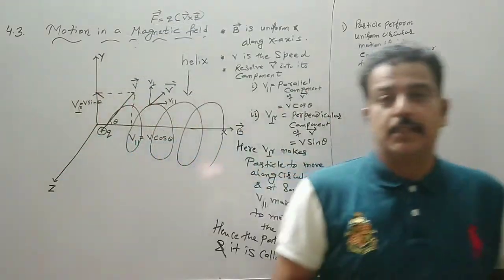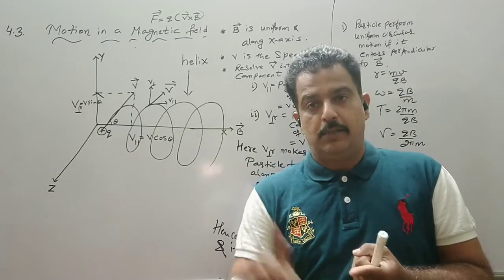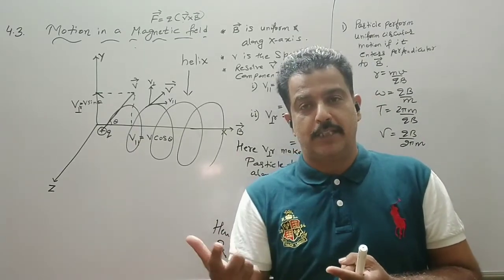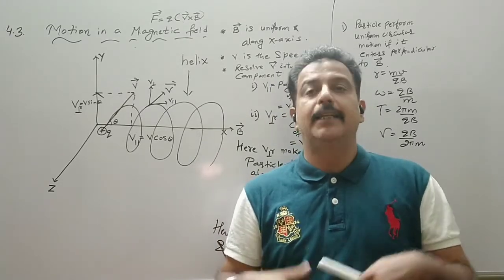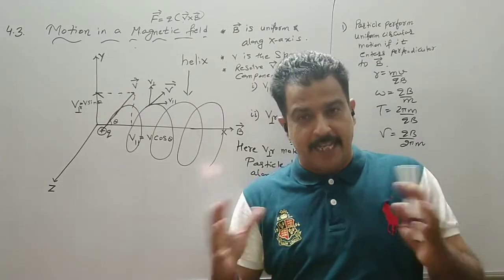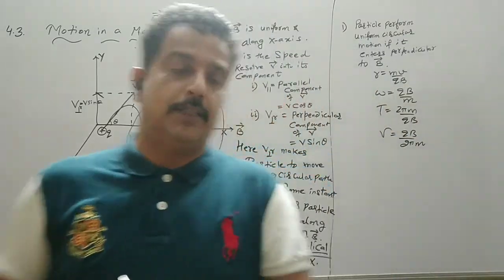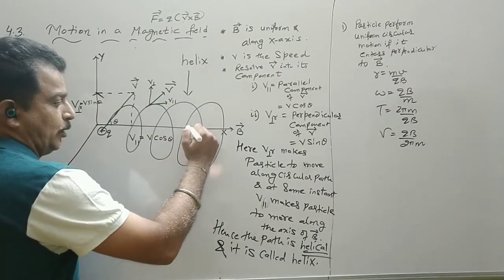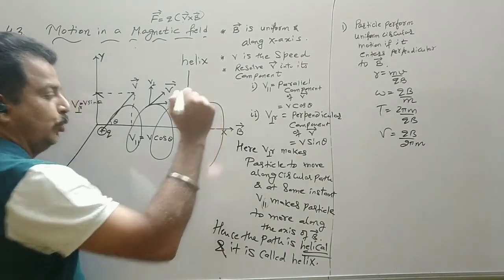Now we have discussed all the situations. If the particle enters parallel, undeflected, so if it is moving in a straight line, it will move on a straight line. Anti-parallel, no deflection. At 90 degrees, circular motion. At any angle it will perform a helical path, or the shape will be a helix. Again, this is the radius of the circular path.